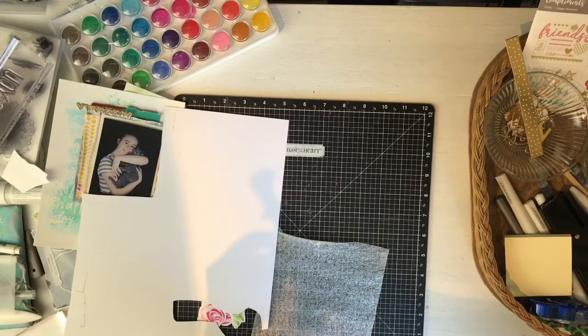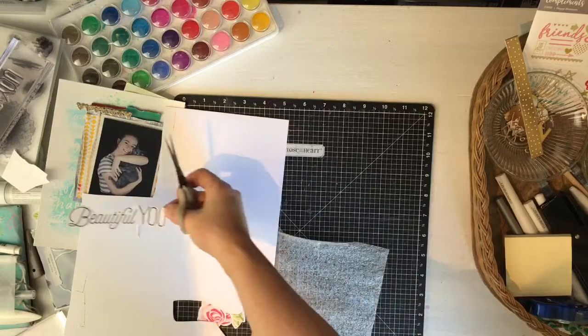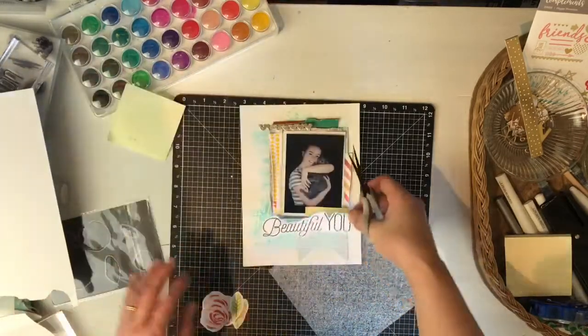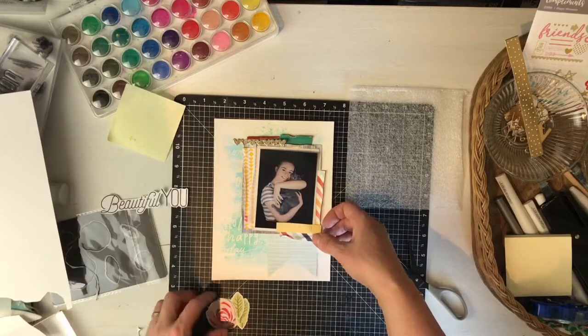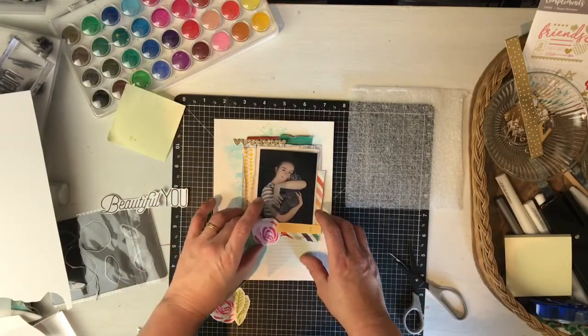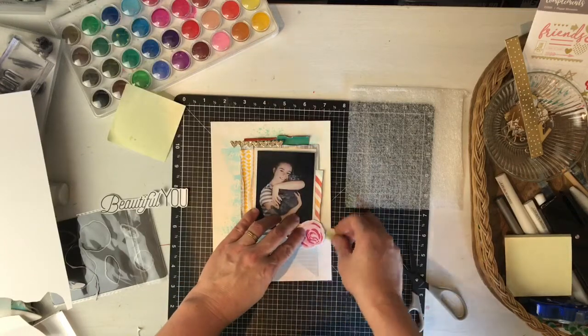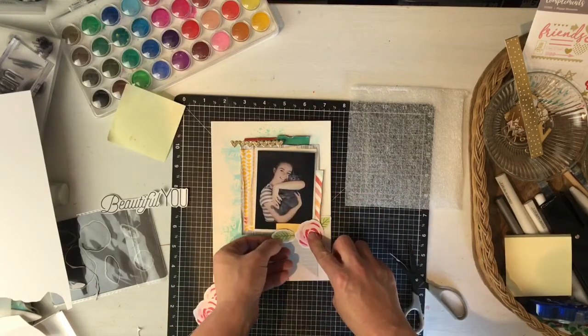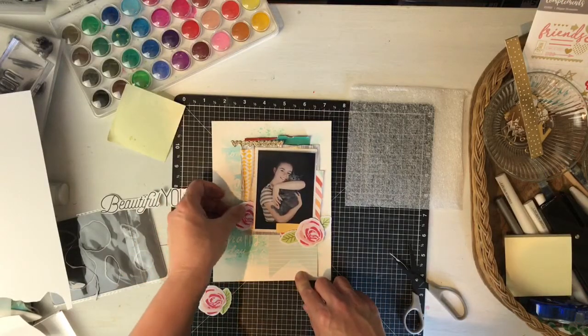So getting that Beautiful all cut out, ready to put onto the page, and having a look at what that looks like, and happy with that. So these are the roses that have gone through, the leaves also went through, and so I'm just positioning these across the page and working out generally where I'm going to want them,